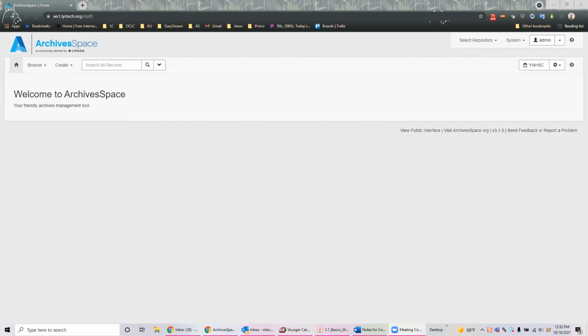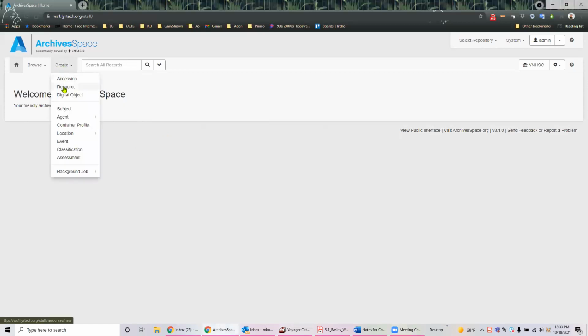So there are 3 ways to get a resource record into ArchivesSpace. Create one from scratch, spawn from an Accession record, which Brittany showed you already, but we'll quickly go over some of that again eventually. And then you could also import a finding aid or a MARC XML record that would then create the resource record in ArchivesSpace. I'm going to show you how to create one from scratch. So let's do that. All you have to do, obviously, is click on Create. And then you choose resource